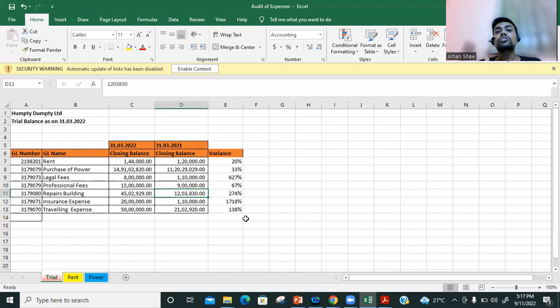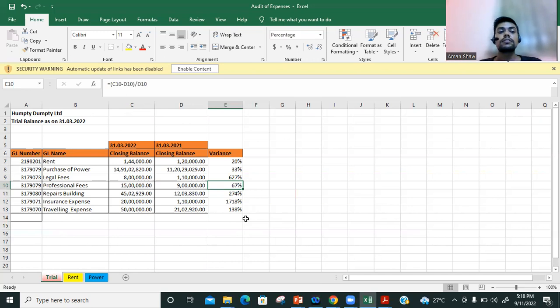So apart from only checking the bills and seeing whether the expenses are getting booked in the proper period, it is also important that you check whether it is in the nature of capital or revenue. That is also an important thing which you as an auditor should check. I hope you got an idea that every GL I tried to take has some element of differentiation. Like in repairs to building, whether I have to check capital versus revenue; in professional fees, I need to see if there is proper TDS deduction, whether instead of professional fees it is getting deducted